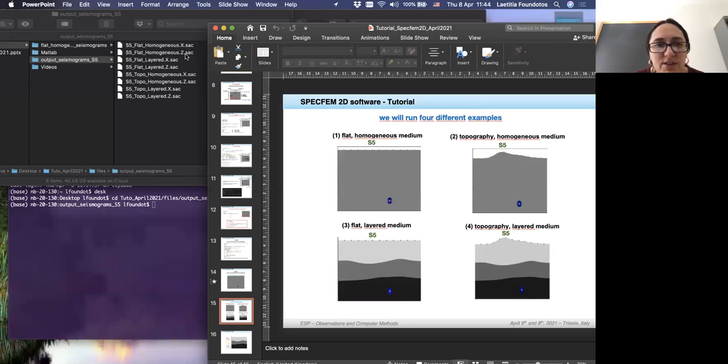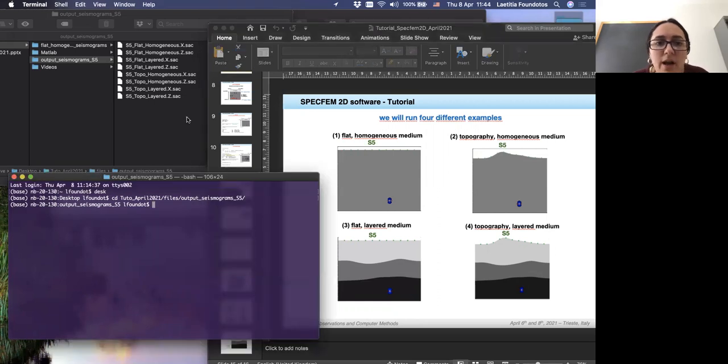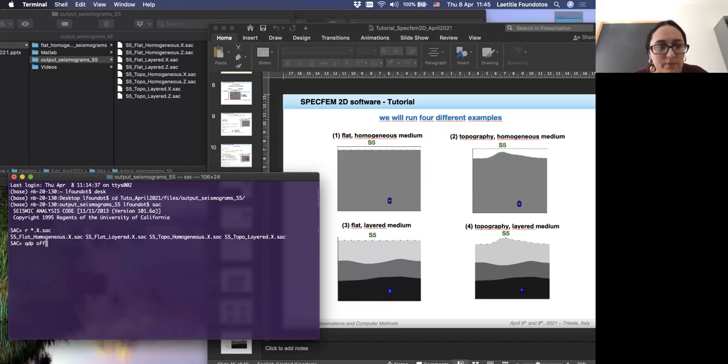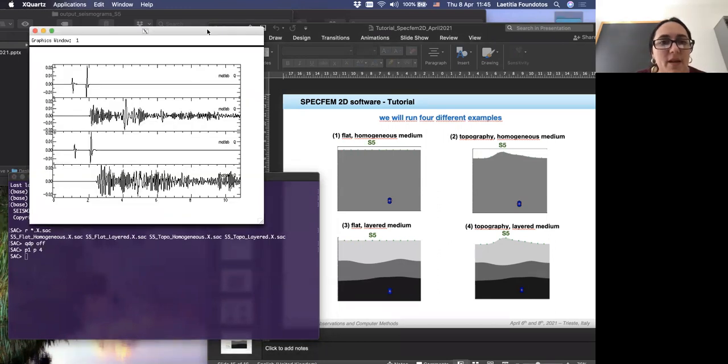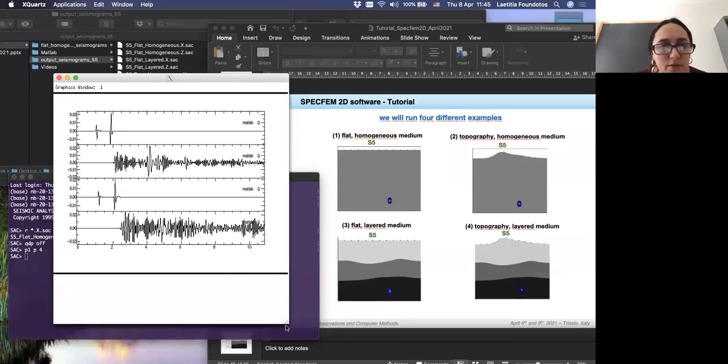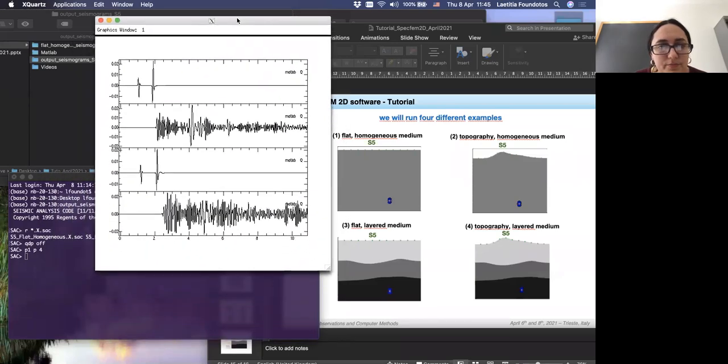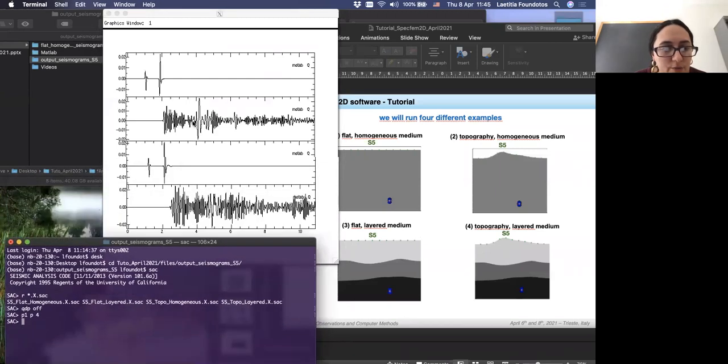Horizontal is X, vertical is Z. I have already converted it to SAC format, so let me open SAC. I will read the results for all the horizontal components for the 4 examples. Okay, so now let's take a look at the results. First one, here on the top, is flat homogeneous, so example 1.